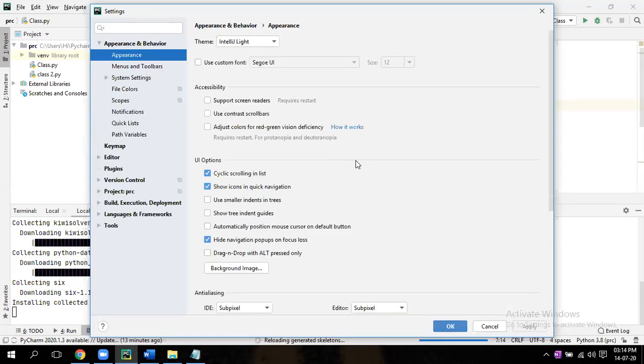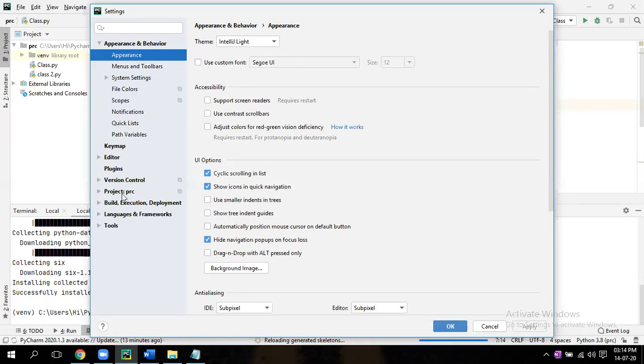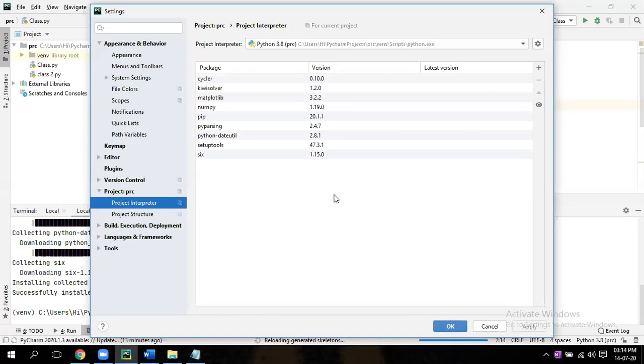Now go to this project. On the left-hand side, the project is there, right? Down there, click on that. Click on the interpreter. Wait. See here.